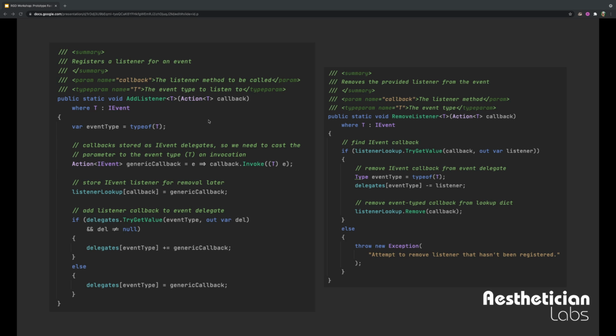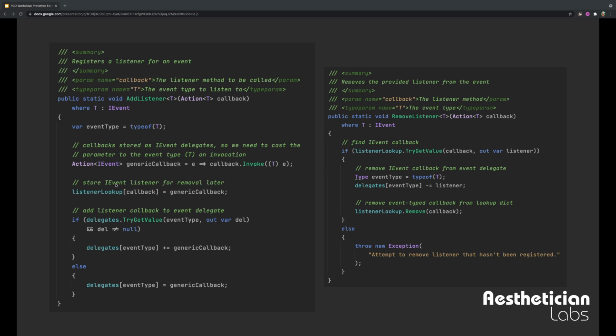We could have all of our listeners expect an IEvent and then just do the cast inside of their event handler, but that's a little bit messy, and so this just adds an additional layer. We wrap it in one additional call that does the conversion for us. It just casts it, and this is safe enough because we know for a fact, since we have a type parameter provided, that the cast is always going to be valid.